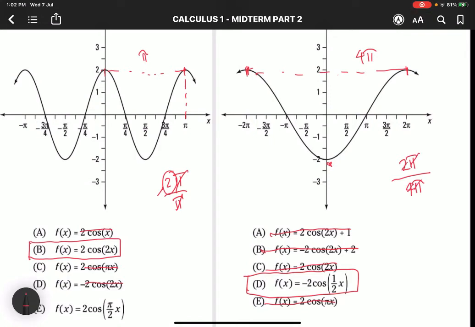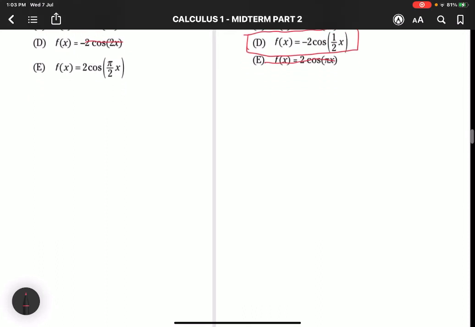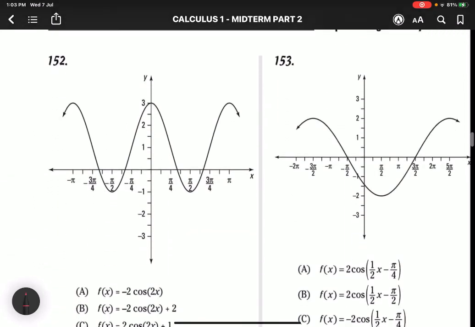Okay? So, we have cancel out. Then, simplify. So, we have 1/2. Okay? So, D is the correct answer because we have a period of 1/2. Okay? Next, for 152,